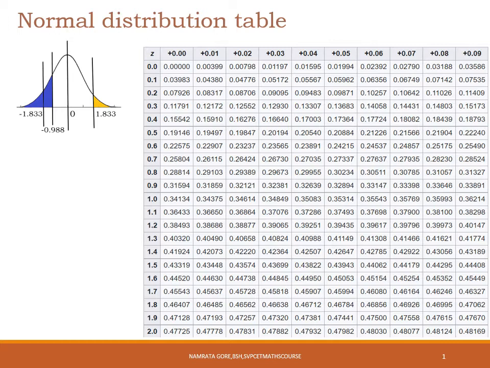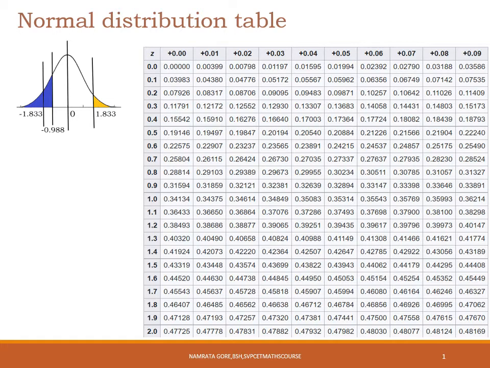When we want a probability or the area for more than 1.833, the area will be beyond this 1.833, and it will be the total area on the right hand side of z equal to 0, which is 0.5, minus the area between z equal to 0 and z equal to 1.833. This 1.833 can be read in this normal distribution table as 1.8 plus 0.03,